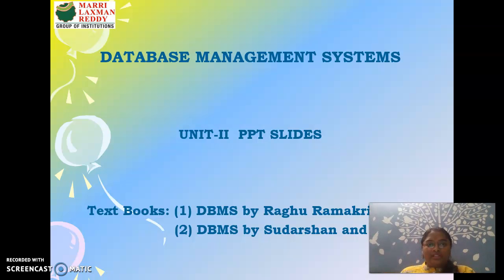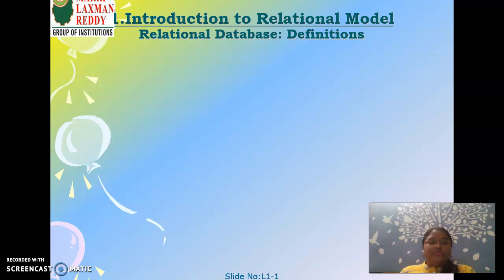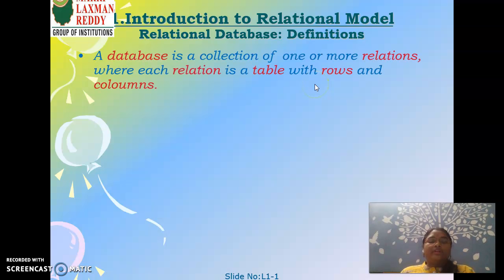So whatever ER model you have learned, we are going to convert into the relational model. The second unit totally deals with the structure of the relational model and how you are going to deal with it, and here we will be seeing the basic concepts of the relational model. We will be covering the structure of relational databases, database schema, keys, and schema based design diagrams. When we are trying to learn a new subject or new concepts, some new definitions will come across and we are supposed to learn those new definitions.